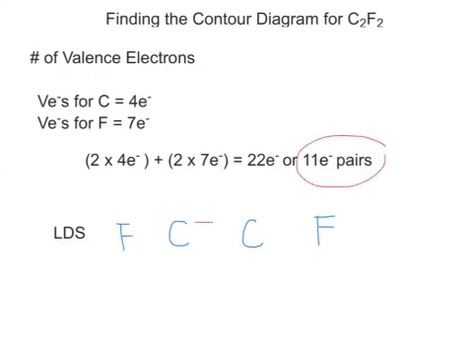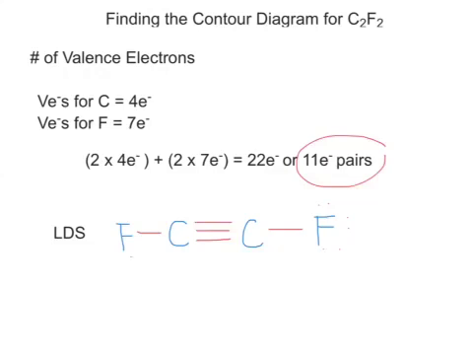So we start with 1, 2, 3. That's 3 pairs. We have a bond here, another bond here, so that's 1, 2, 3, 4, 5. We have 2, 2, and 2. So that's 1, 2, 3, 4, 5, 6, 7, 8 pairs, and we have